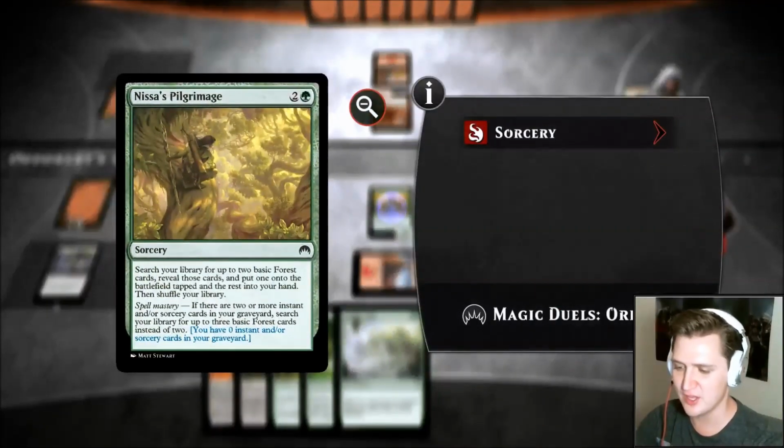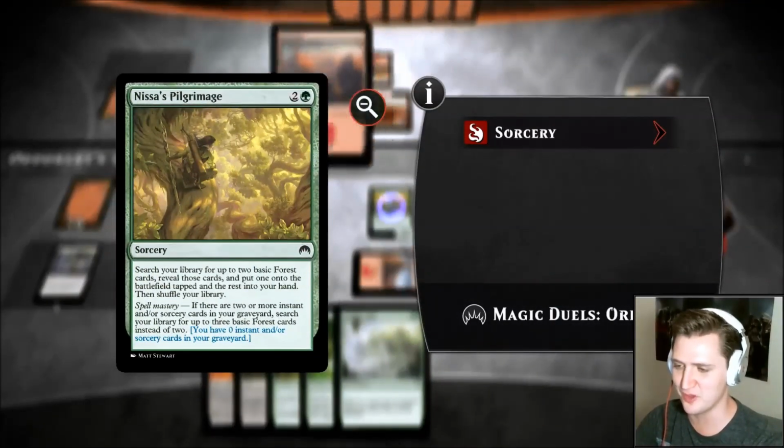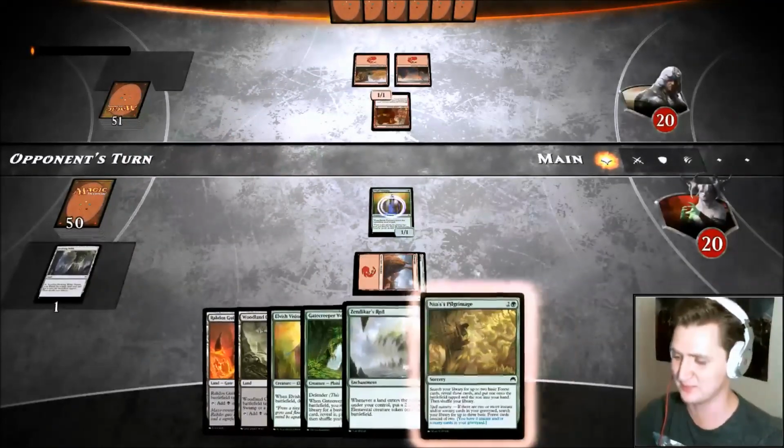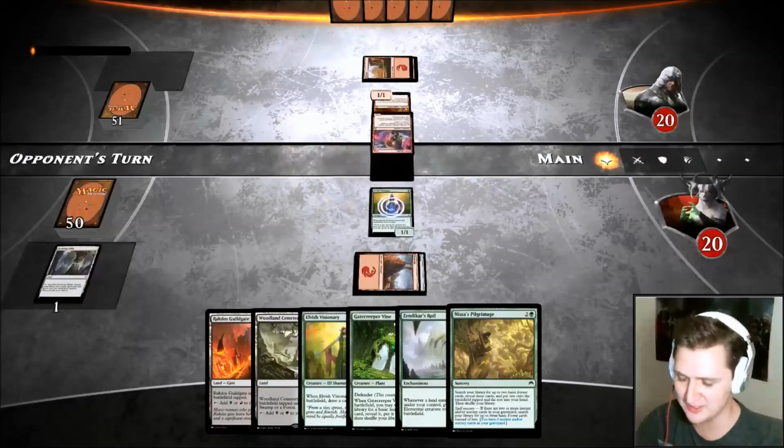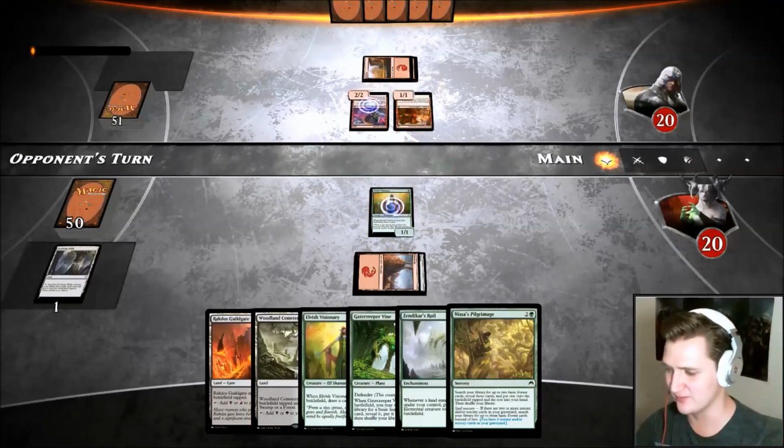If you don't know what it does, go ahead and read it. Pause it on YouTube, go back a couple frames. And I'm not going to read it, though. It's a paragraph. Spell Mastery, you go get 3 Forest. And that's why we're running like a billion Forest. And it's a 3-color deck. A little bit awkward, but...